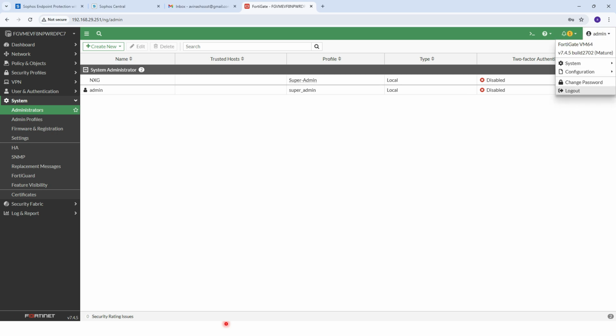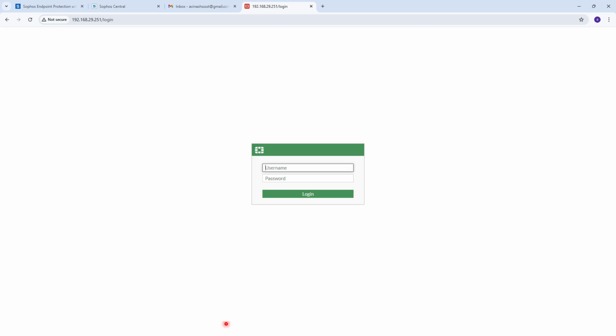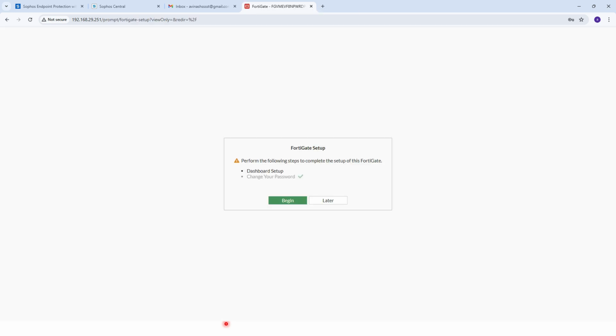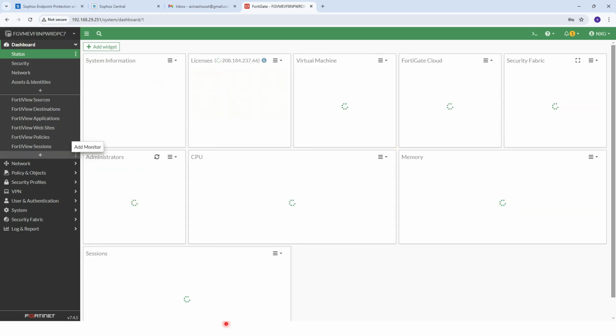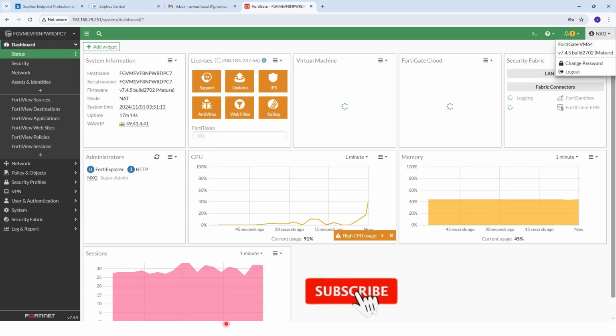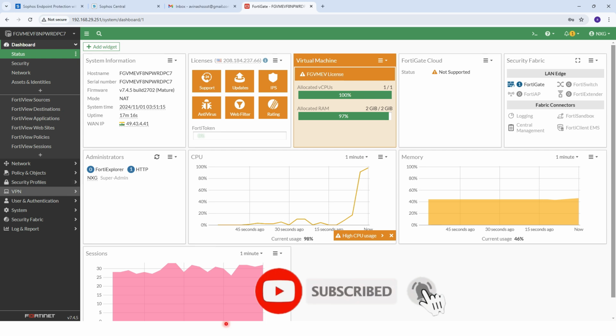So now I am going to sign out, and I will type NXG, then type the password. You can see I have successfully logged in with my NXG account, and you can verify it.